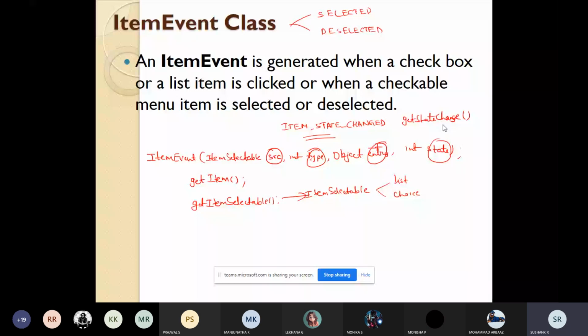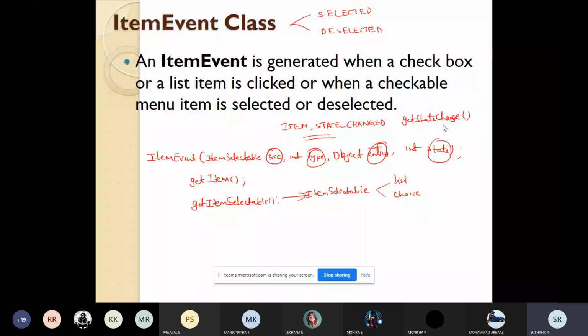Get item selectable will give you a reference to the item selectable object which has generated the event. And if you want to know about the state change information, you can call the get state change function. So these are some of the methods that are associated with the item event class. And we have one constructor which is taking 4 parameters.